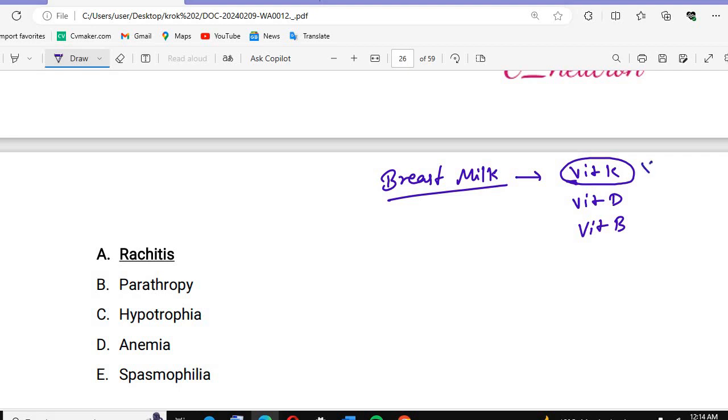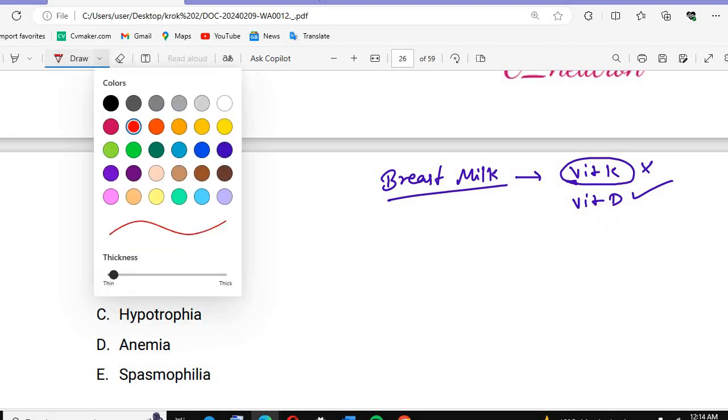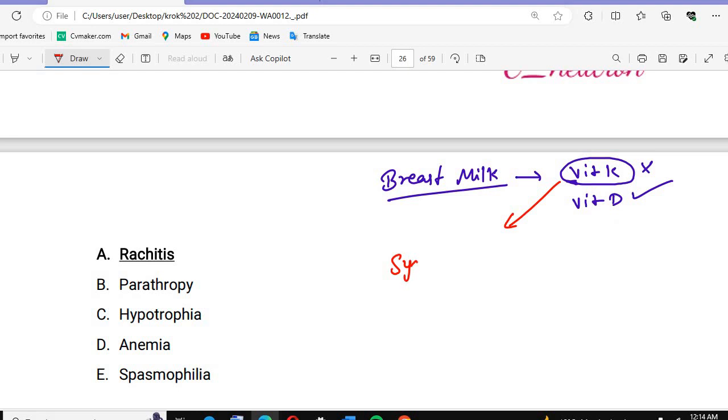See, no. Vitamin D, yes. Vitamin B, no. Iodine. So these two things you need to remember, vitamin K or vitamin D. See, vitamin K is synthesized in our intestine